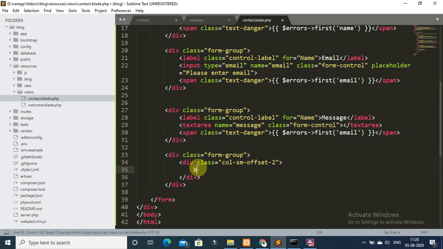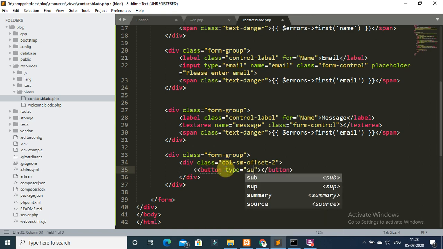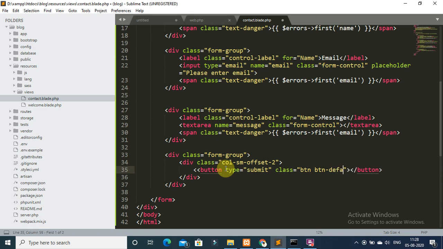Inside this use the HTML button tag, type submit, and class btn btn-default, and type here submit.